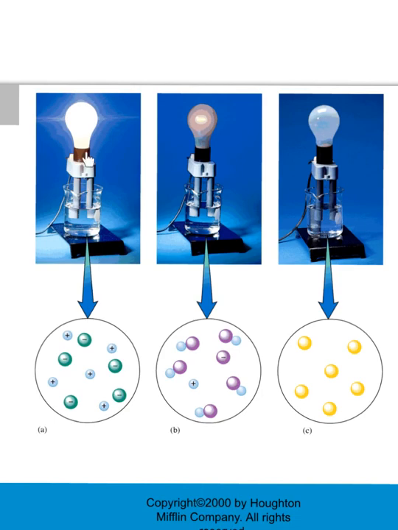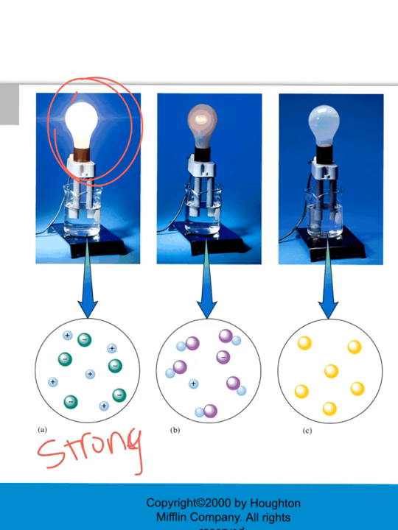Therefore, look at the light bulb. It is very, very bright. So that is an indicator that that is a strong electrolyte. So this one is strong. So let's write that down. You should write that. So strong